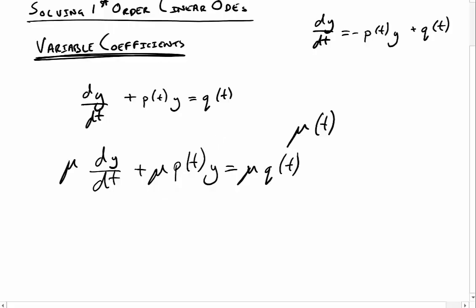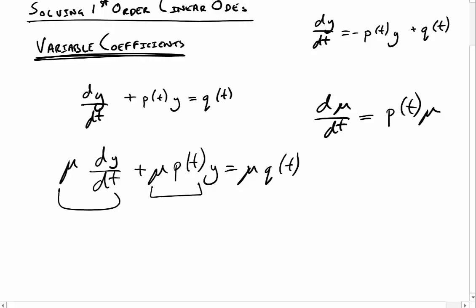All right, and the way I want to do that is to get rid of this function by choosing it such that the derivative of this function, so d mu by dt, because mu is a function of t, is equal to this part of the function: p of t times mu. And the reason for that is, if you have a look,